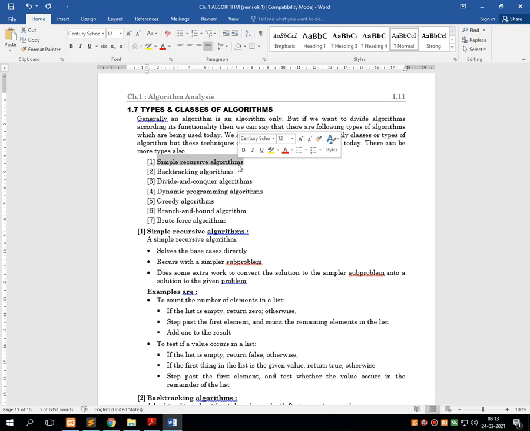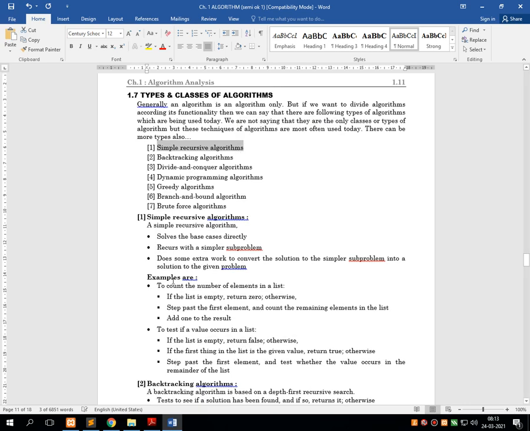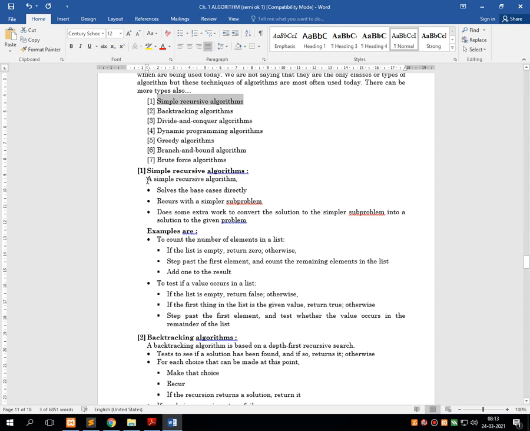No doubt, first we are starting with a simple recursive algorithm, where there is a consideration of a user defined function with pointer for calling any particular programs. I know that this is a little bit difficult to digest, yet theoretically as we are discussing, I will show you how we can go for practicals related to this particular topic, but yet we are just discussing it theoretically. So as written in the theories, a simple recursive algorithm solves the basic cases directly.